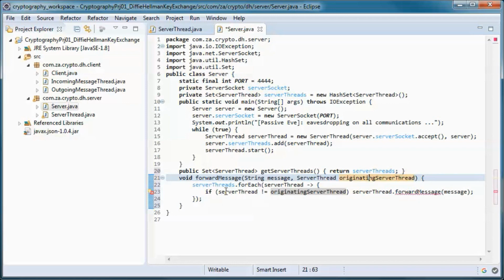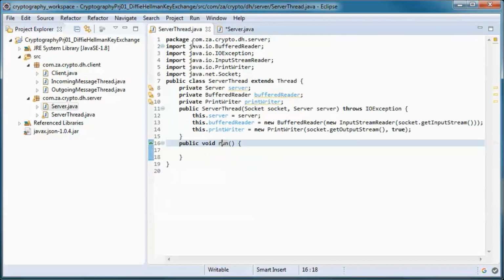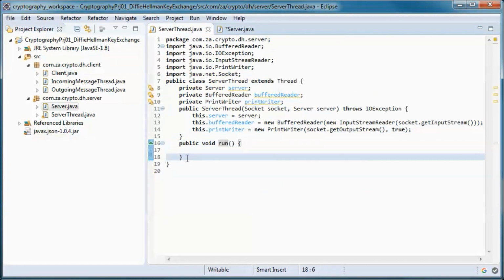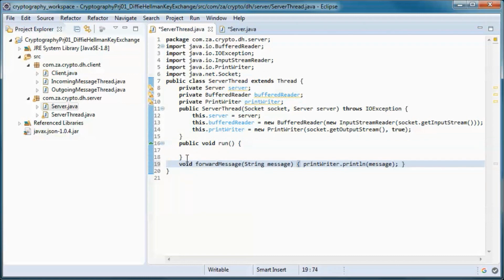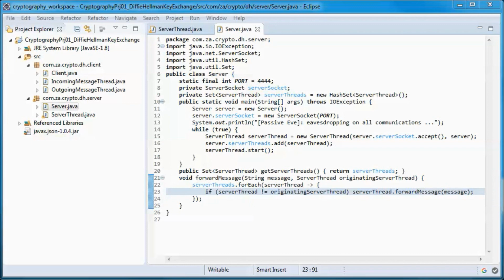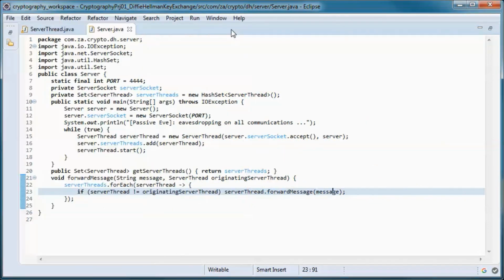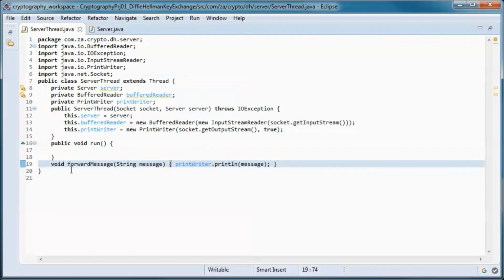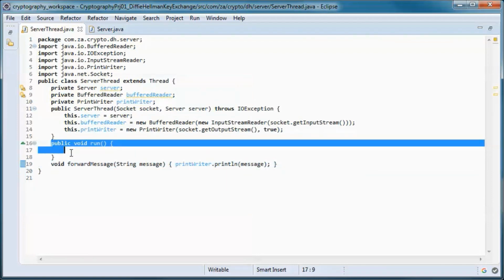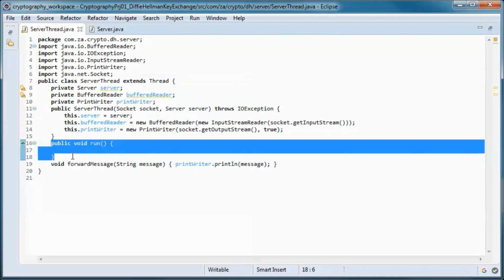So it checks if this is different than the originating server thread, and it goes ahead and forwards the message. So let's have a forward message method here. And this is the implementation of the run method.